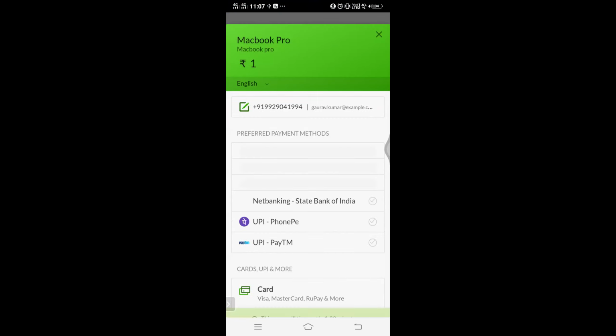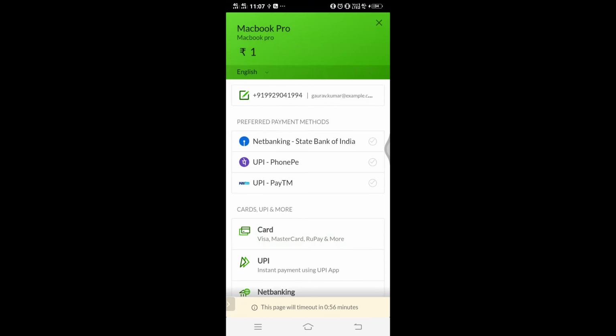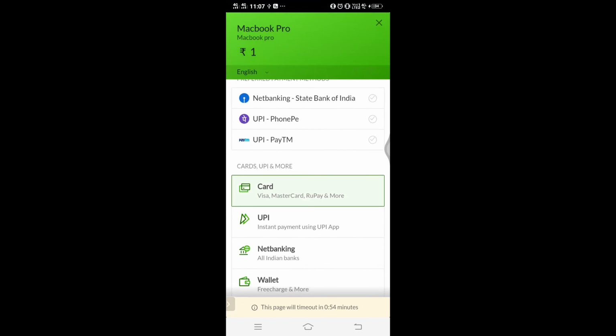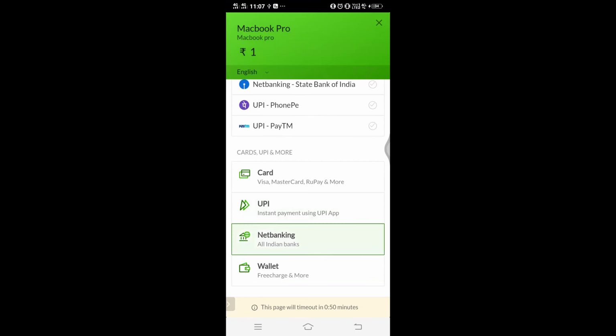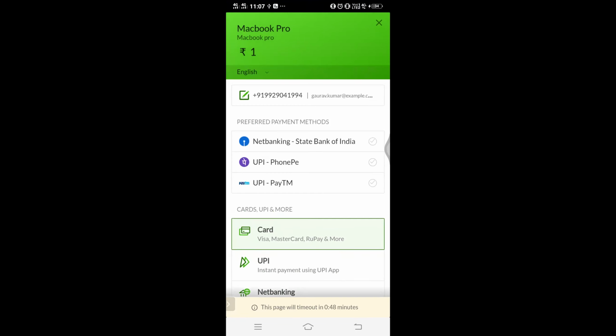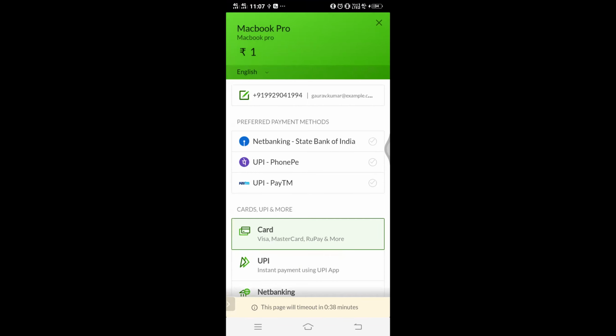Yes, Roshan. Now we have payment methods like net banking, UPI, PhonePe, Paytm and all. Can you see? This is good for us, right? We have lots of options, actually all the options. Yes or no? Yes, Roshan. If I change this configuration, we can also set the color and all from here.